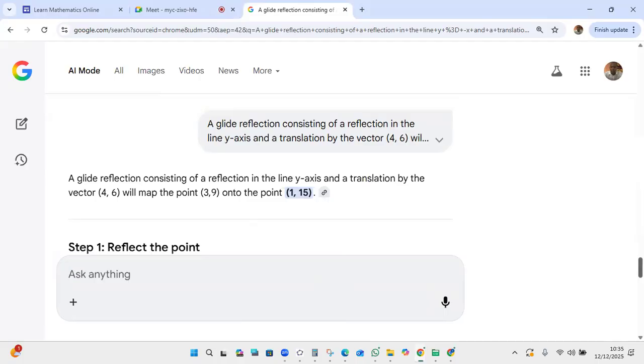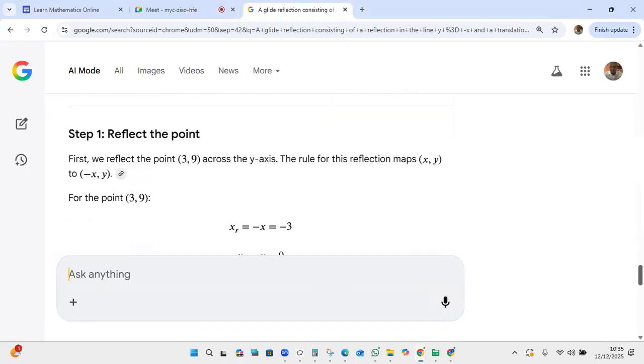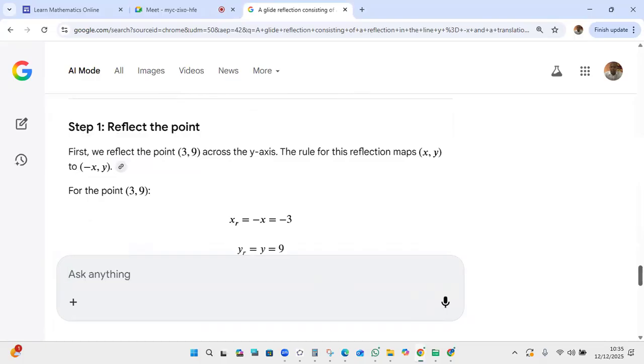That's the final answer, but let's take a look at the steps. First, we reflect the point 3,9 across the y-axis. The rule for this reflection maps (x,y) to what? (-x,y). So the x has to change sign, but the y remains the same. So for the point 3,9, as we expected, x becomes -x. So the 3 becomes a -3 on the other side of the y-axis, yes? And the y remains the same. So the reflected point is